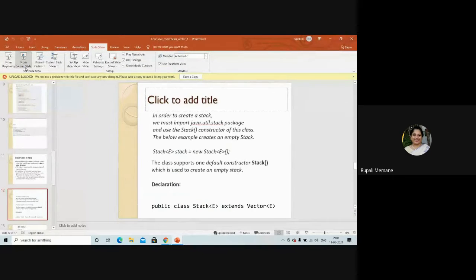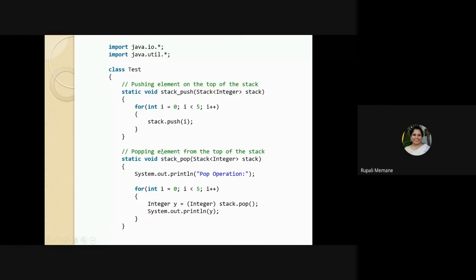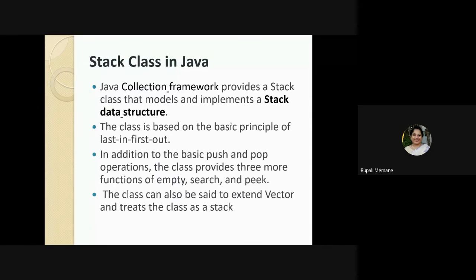Directly that example is given here. One second. Here, we have the method called push. We have seen that Stack supports the basic push and pop operations, that is, I can apply the push method and the pop method. Apart from that, I have 3 more functions.